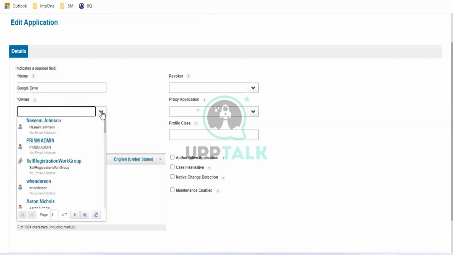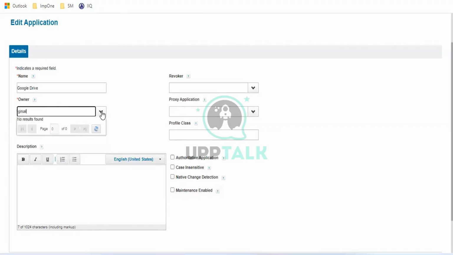Who is going to be the owner of this application? Can anyone tell me what the application owner's roles and responsibilities will be? Anita. The owner has the right to revoke or accept any of the change requests. The owner is also responsible for the life cycle management of the application, from the time it is onboarded until it is completely retired.